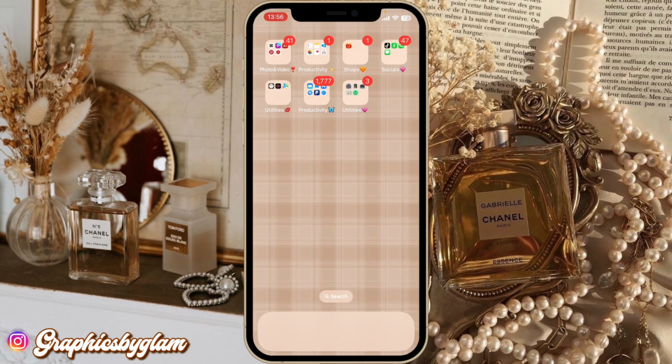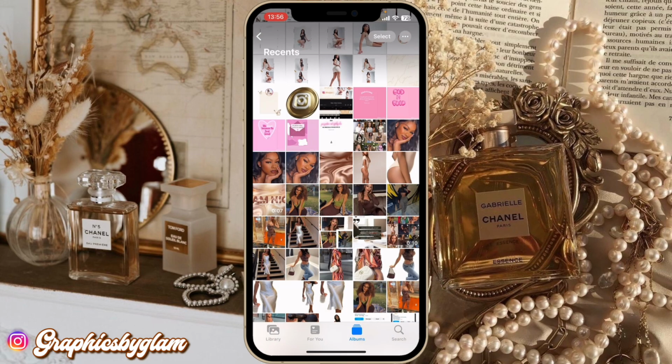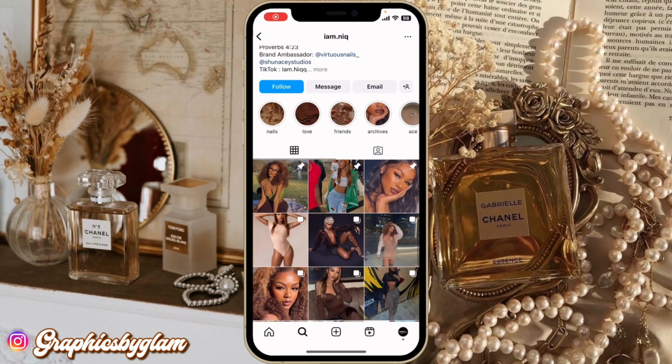So now let's move on to the third section of the intro. For the third section of the intro, I want you to go into your Instagram profile page, and I want you to screen record it whilst you're scrolling down, okay? So you need to screen record your Instagram profile page whilst you're scrolling down, okay? I'm gonna show you guys the example of what I mean. So this is what you guys have to do,